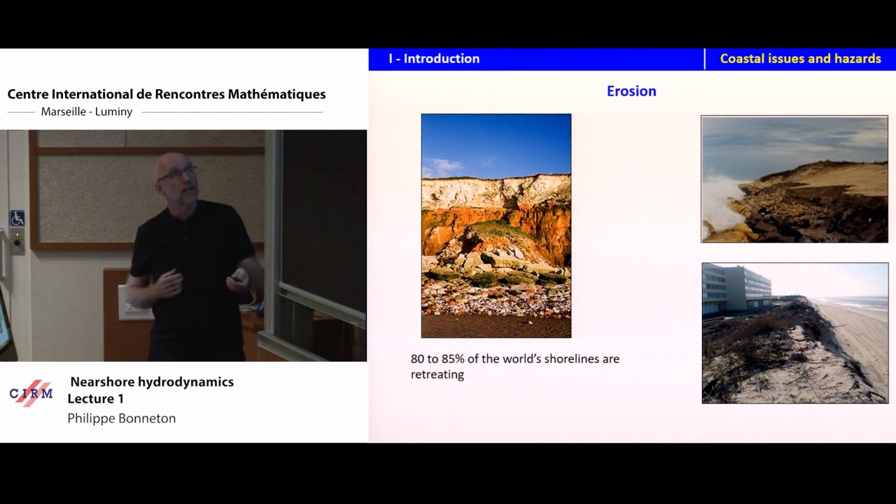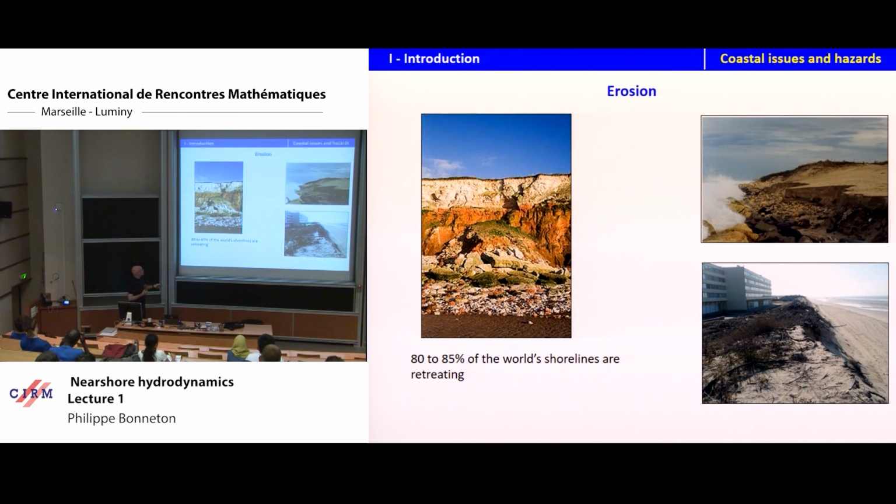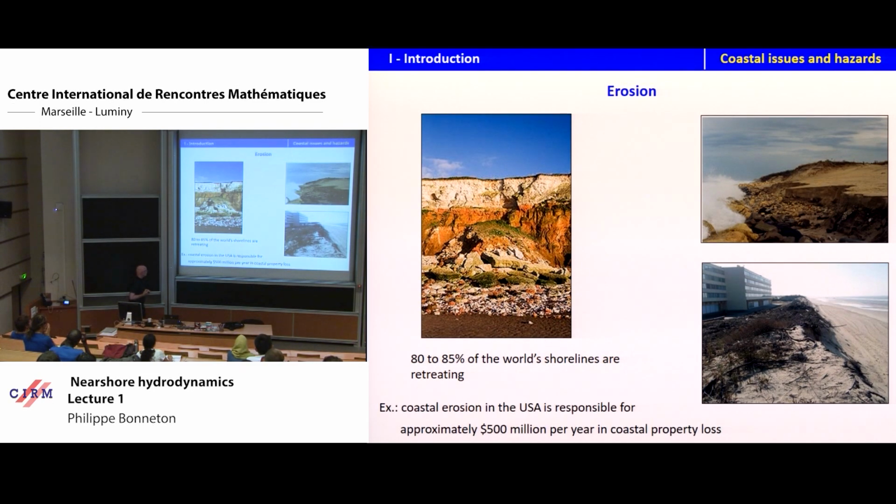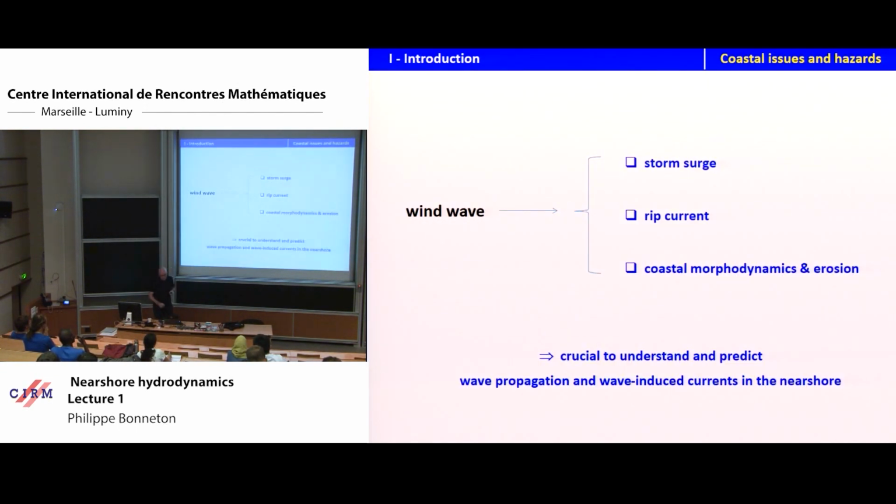You can see here the impact of erosion very close to buildings. 80 to 85% of the world's shorelines are retreating, so it's a considerable issue, a severe issue. Just as an example, coastal erosion in the USA is responsible for approximately $500 million per year in coastal property loss. So it's relatively significant. So to sum up,